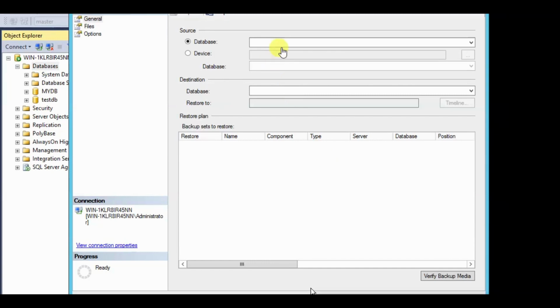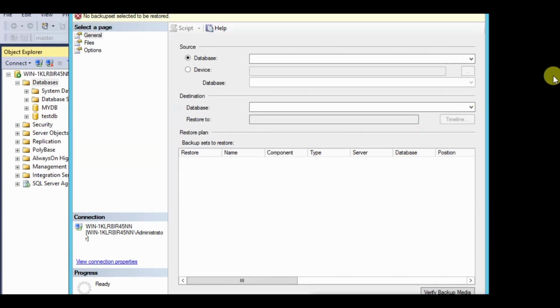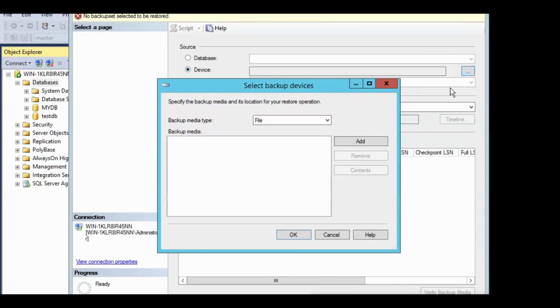So guys, right here I have the window open. I'm going to click the device. From device, I will browse it. Don't worry about this error because we are in the restore mode, so it was just giving an error. It's more like a warning. Now we need to add